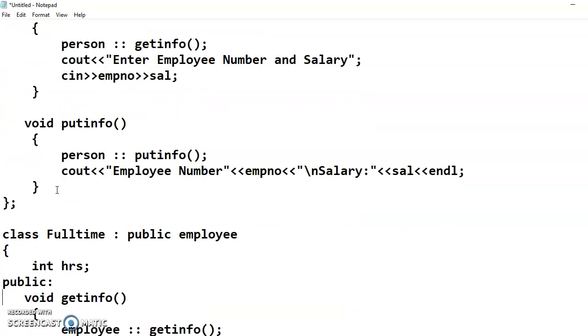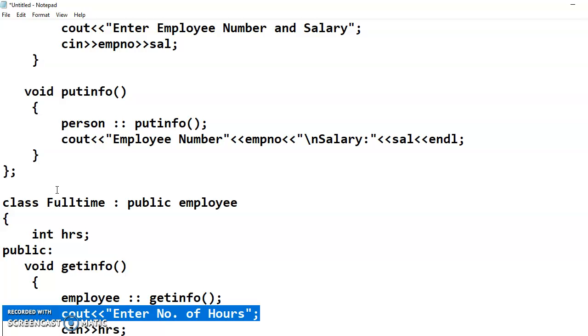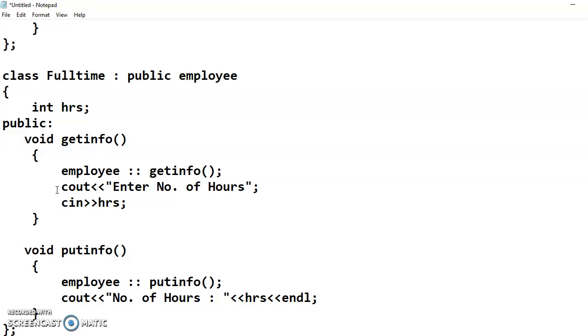And in the full-time, we are asking the user to enter the number of hours of a particular employee. So A, B, C, that is person, employee and full-time, these three classes have finished now.